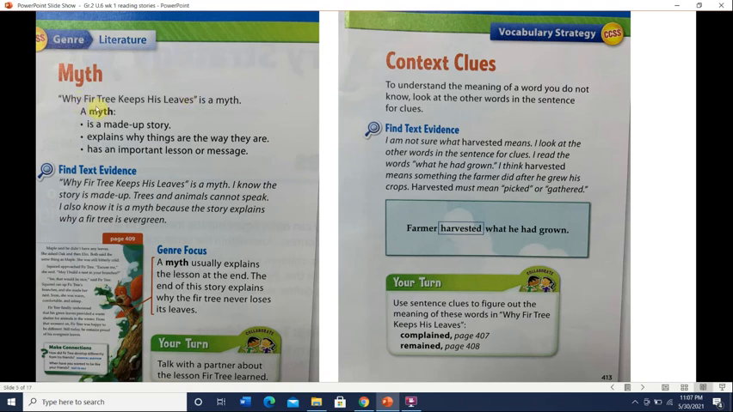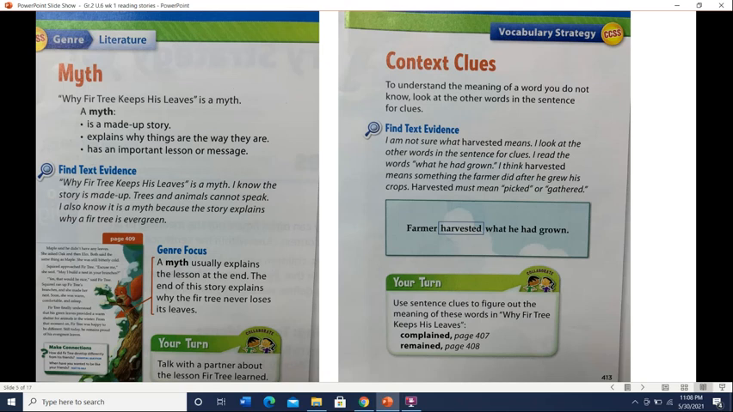So myth, why is fir tree keeps his leaves a myth? A myth is a made-up story. It explains why things are the way they are. So this story explained why this fir tree is the way it is. Why didn't it change like the other trees? So it's an old made-up story from the past. It explains why things are the way they are. Okay, it explains why this tree does not change its leaves throughout the season, and it has an important lesson